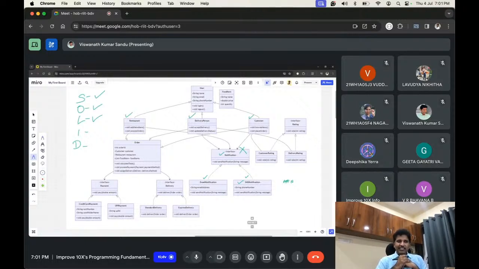Notification interface ne delete cheyacha nenu? I cannot. And what is the reason? Because this is being used by delivery person, this is being used by restaurant, this is being used by customer. There are multiple people who are using it, right? So until you have these dependencies, you cannot delete this one. Edaina oka class delete cheyali ante you have to first remove all the dependencies, then only you can delete this